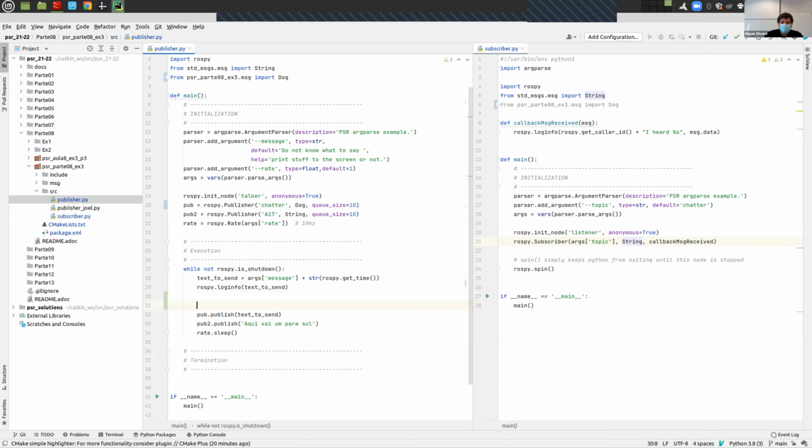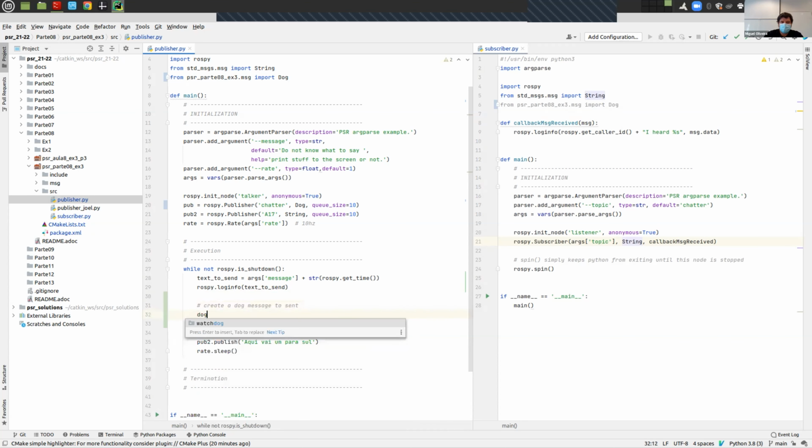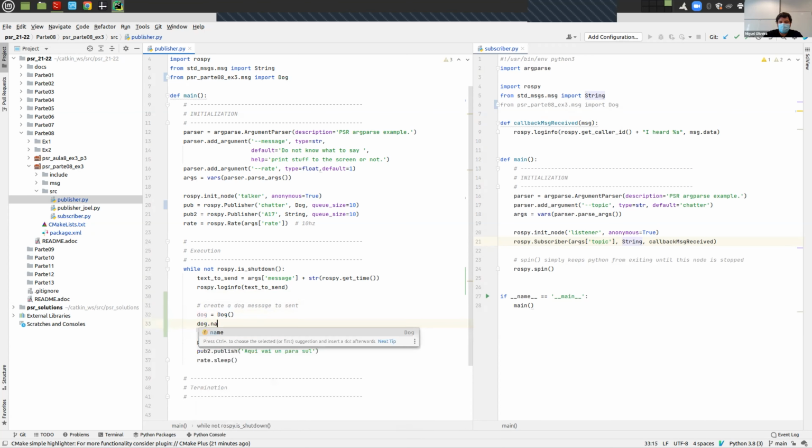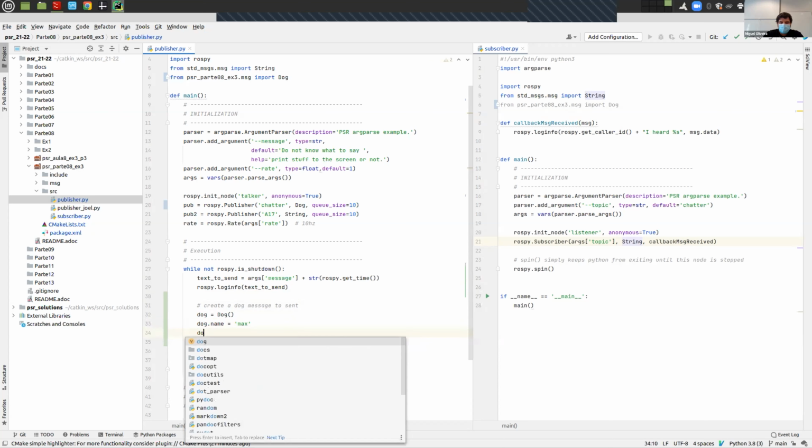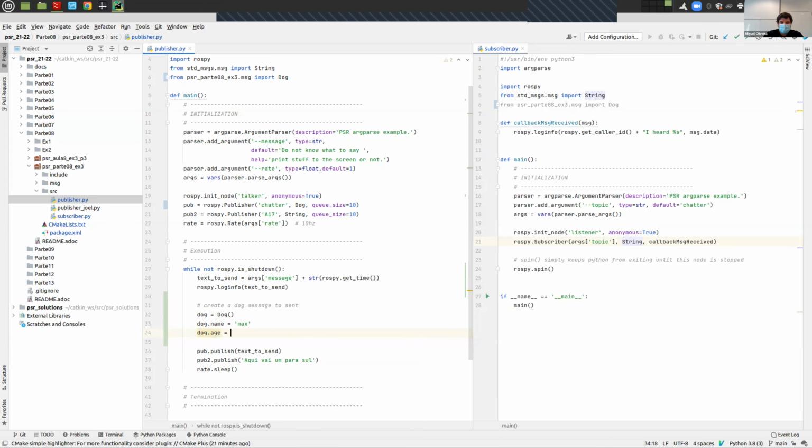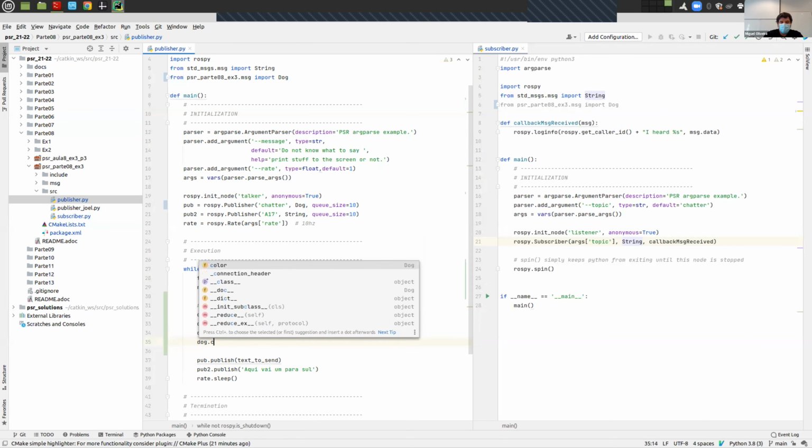So I have to create here a dog to send, a dog message. So how do I create a dog message? Dog equals dog. This is like creating an instance of class dog. Then I create a name for the dog, some age for the dog, some color for the dog,